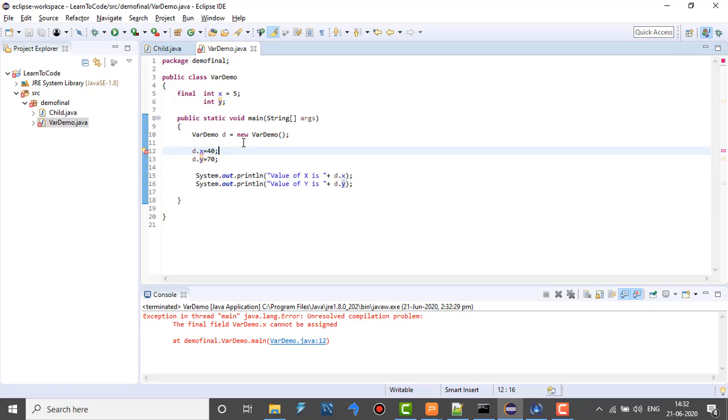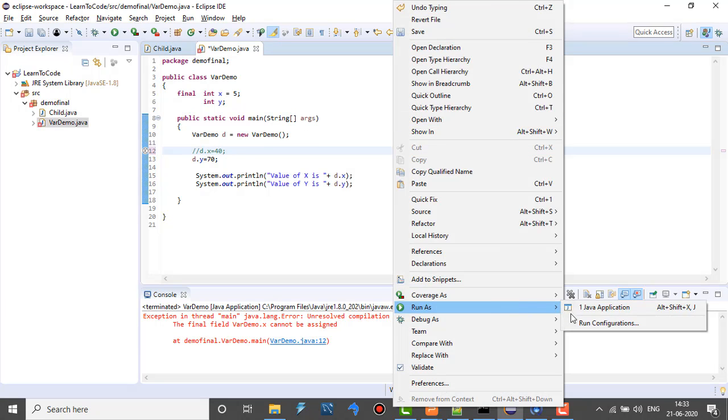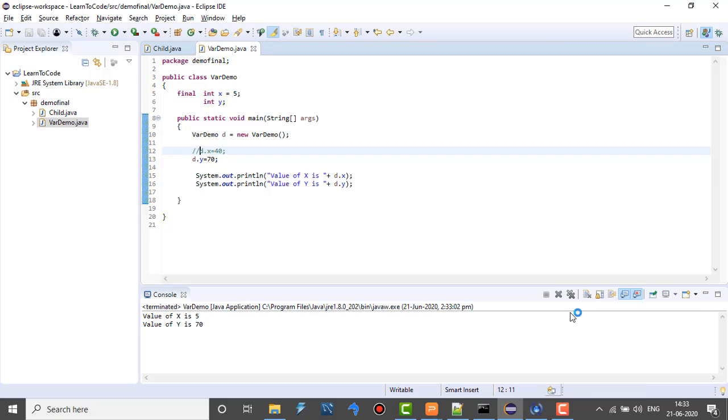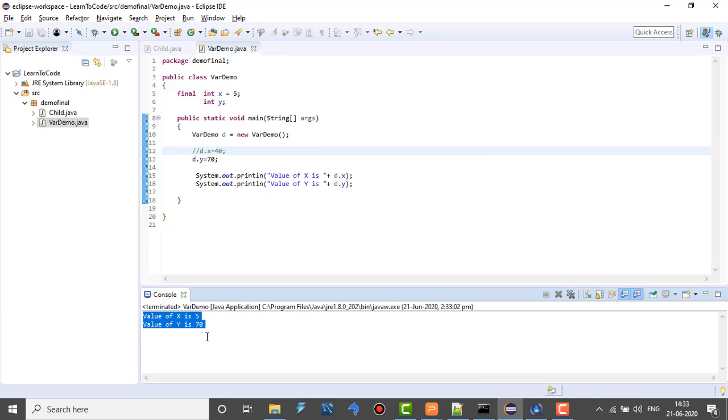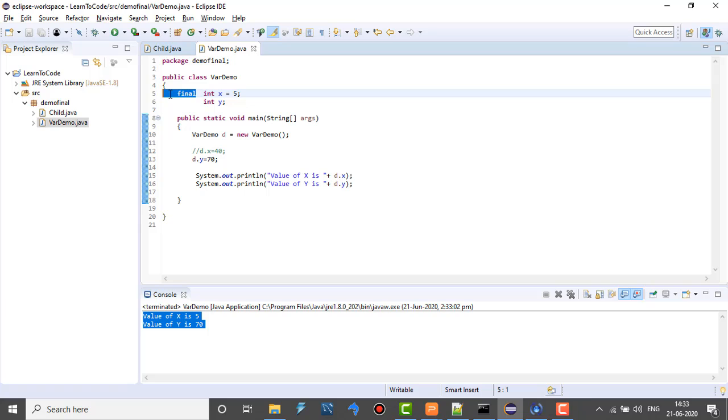Now how to resolve this error? We are going to comment this line and run again. Now we have got the output which says value of x is 5 and value of y is 70. This proves that even if the variable is an instance variable, once the final keyword has been used with the variable, it cannot be assigned any other value.